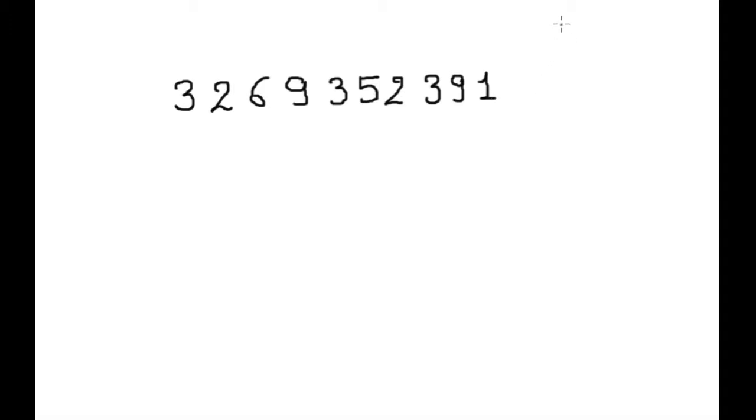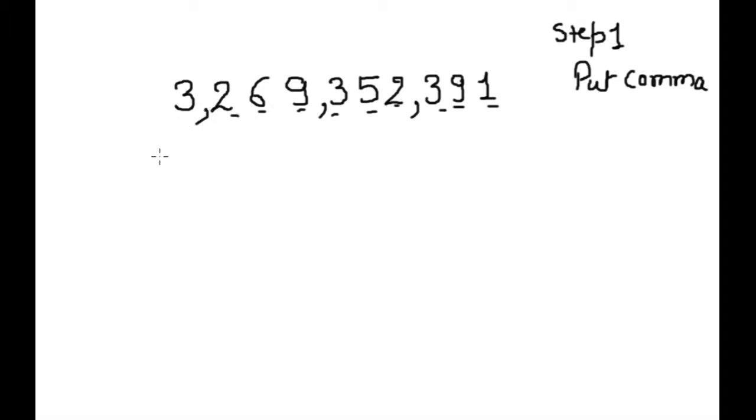Step 1. First we will put a comma after every 3 digits from the right-hand side. 1, 2, 3, comma. 1, 2, 3, comma. 1, 2, 3. That's it. Now, the first 3 digits are called